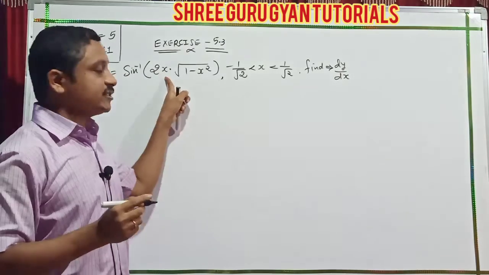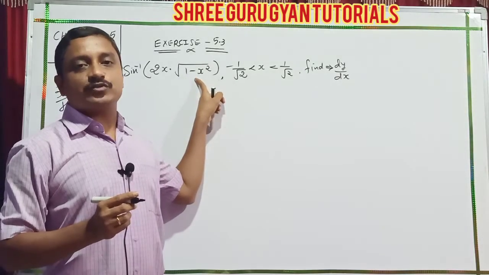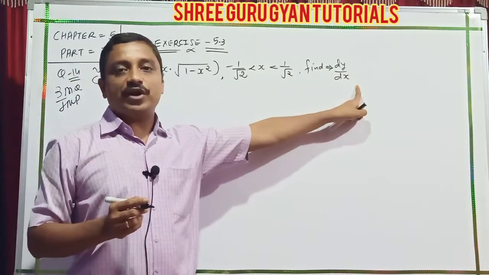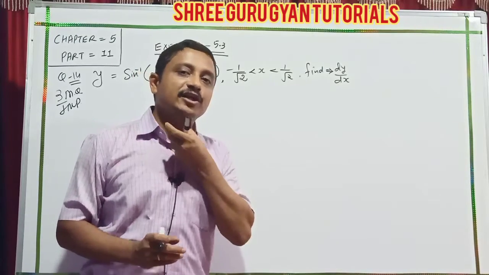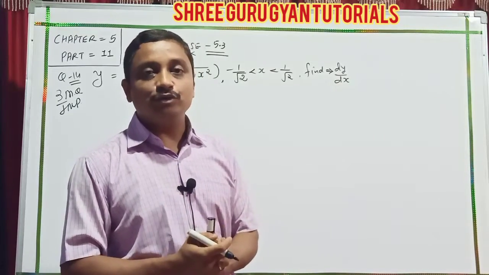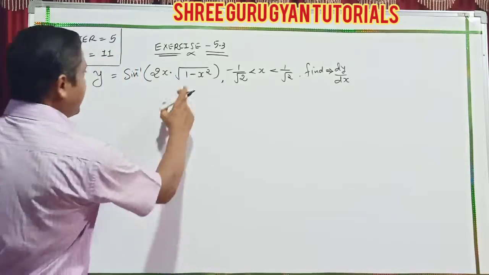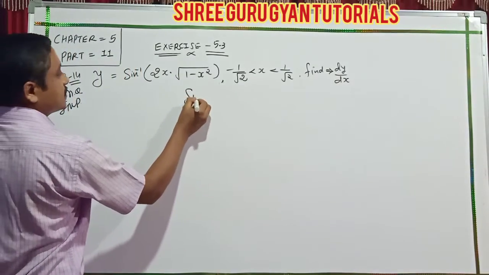So I highlight it first in the important list. The question is sin inverse of 2x under root 1 minus x square, with the given condition. Find dy by dx. This question was already done in your second chapter, I hope you know that. So according to this, I just assume